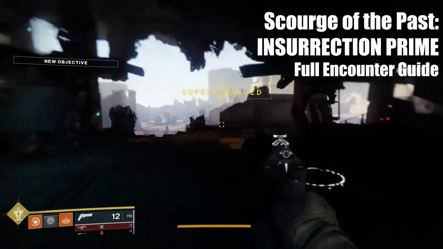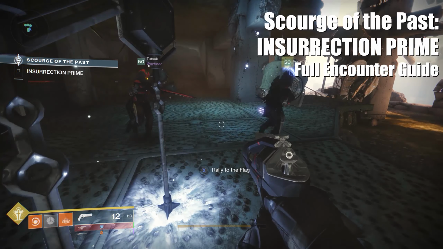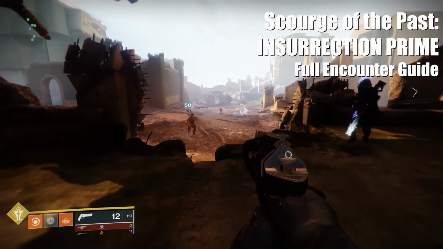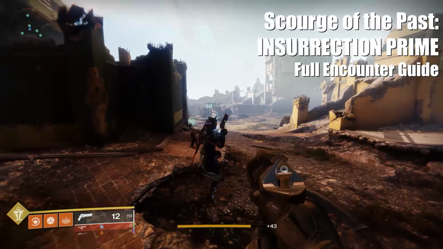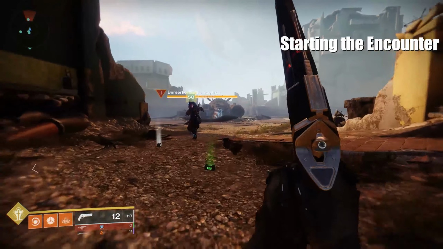Hi and welcome to my guide for the Scourge of the Past Insurrection Prime encounter. In this video I'll be discussing our team setup, the boss mechanics including white mechanics, and the best way to attack the DPS phase. So let's get started, firstly by covering the aspects that are brought forward from the other